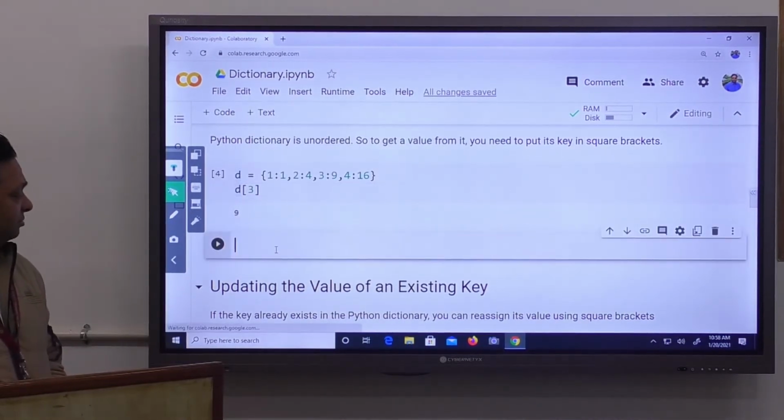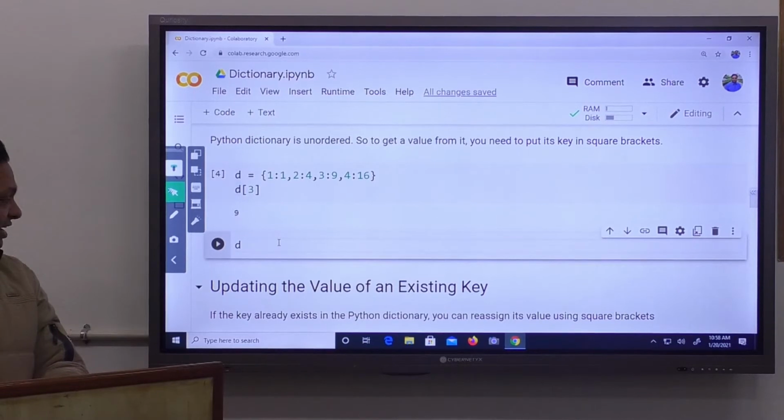Let's see another example. Suppose I have a dictionary named week.